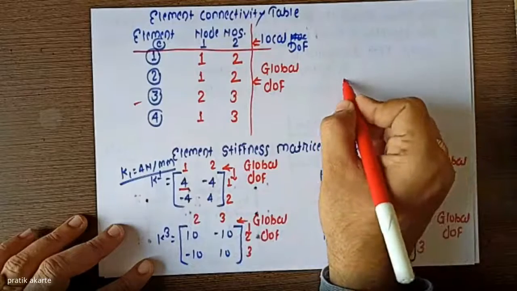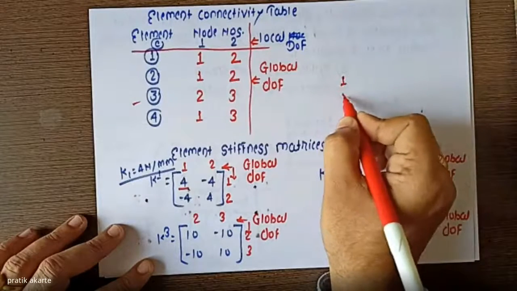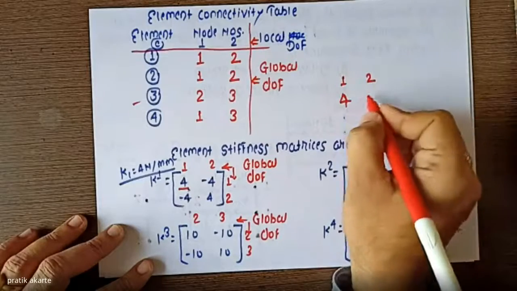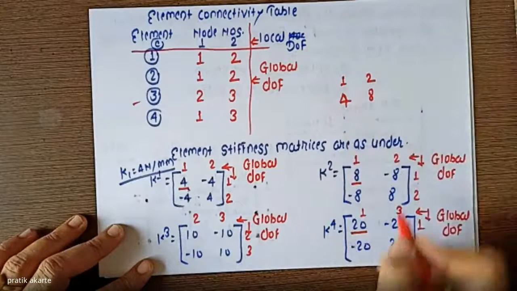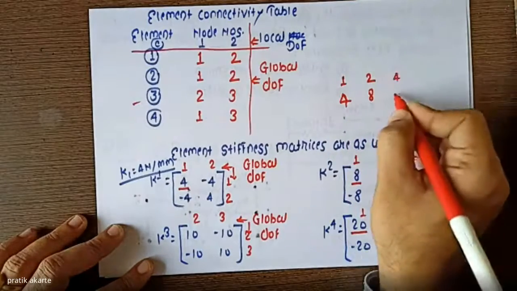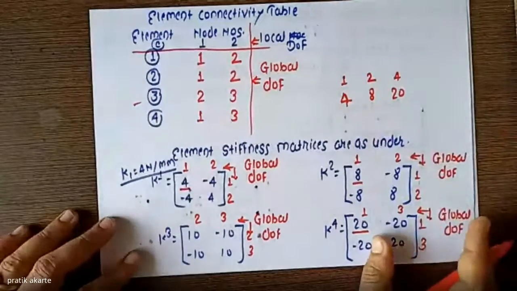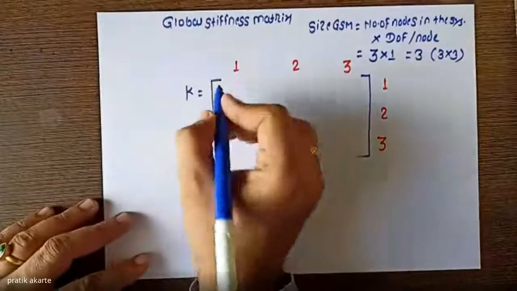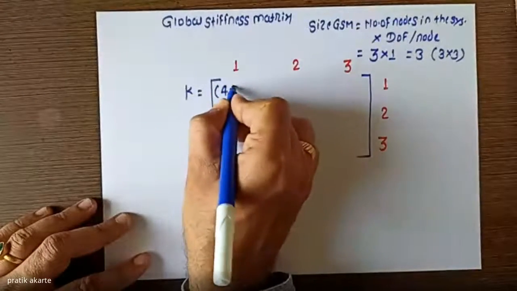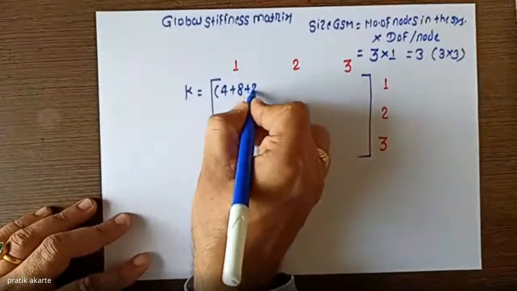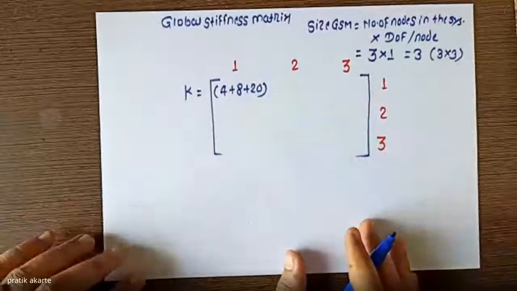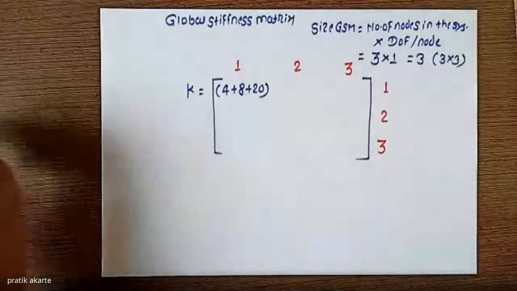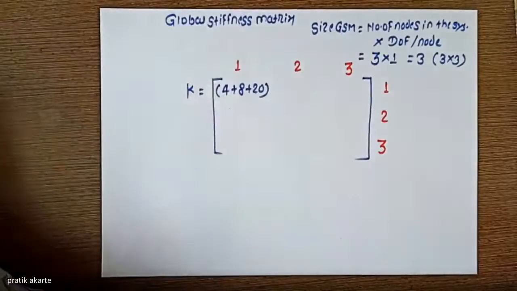From stiffness matrix 1 we are getting the element as 4. From the second stiffness matrix, we'll be getting the element as 8. And from the fourth stiffness matrix, we'll be getting the element as 20. So we need to add all these elements. So it is 4 plus 8 plus 20 with 1, 1 as an element. Now let us go for